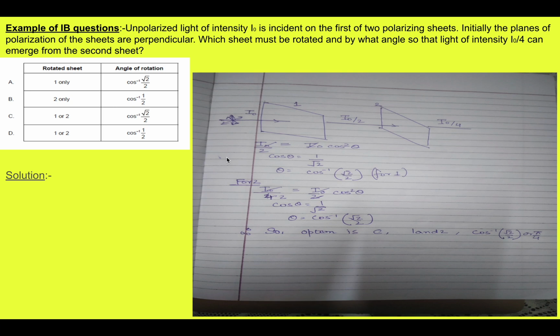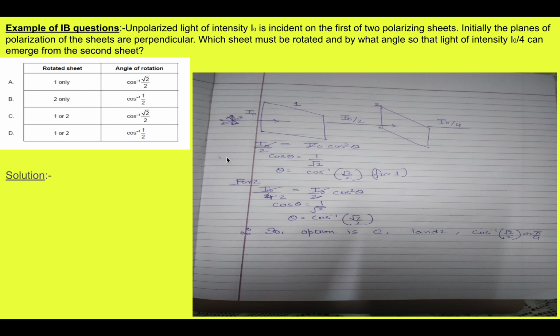Now in the solution, what we did. As the light is unpolarized, when it passes through the first sheet, the intensity gets halved because it becomes polarized. So by applying Malus law, I naught over 2 equals I naught cos squared theta, and solving it for sheet 1, it came out as cos inverse of root 2 over 2. Now when it passes again, they told us that the light intensity becomes I naught over 4